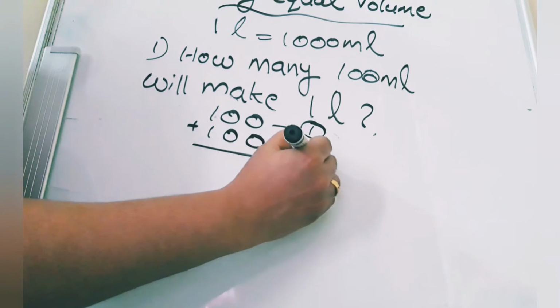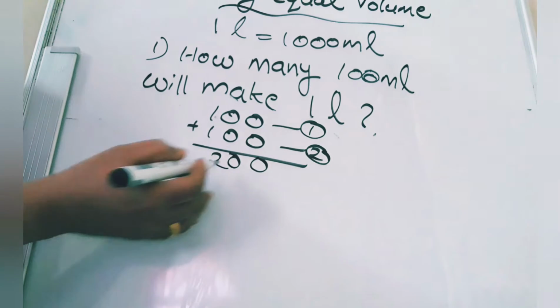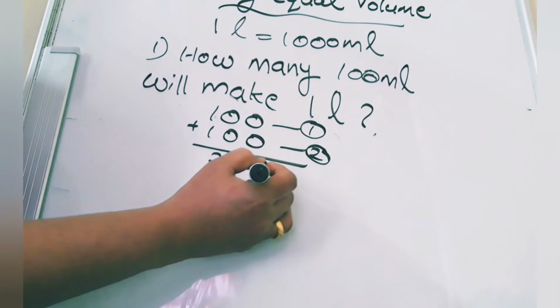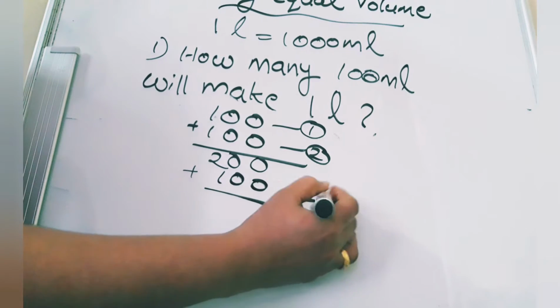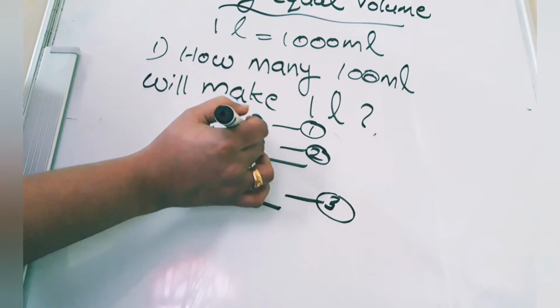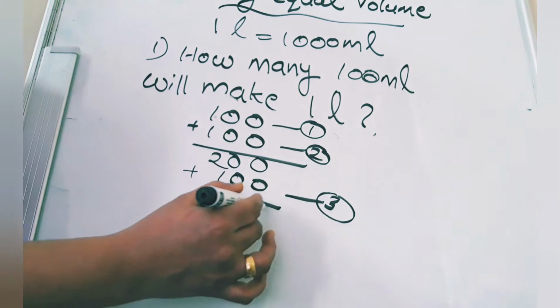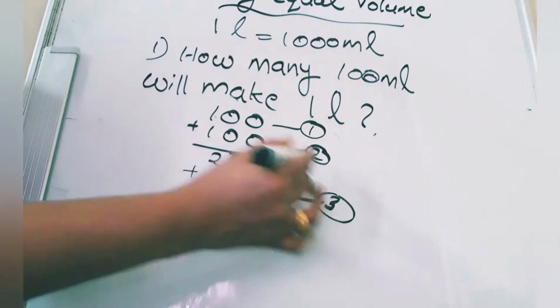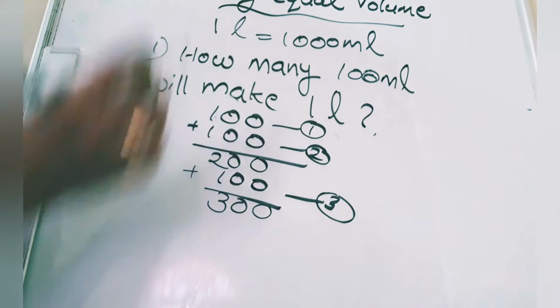Second time when you are adding, right, there you write 2. What you got? Only 200, no? With this 200 you write again plus 100. So third time you are doing addition. I mean first you took, then second time you added, that time you have to write there 2. Third time when you add, you should write there 3. 300 only we got, I should get 1000 ml.